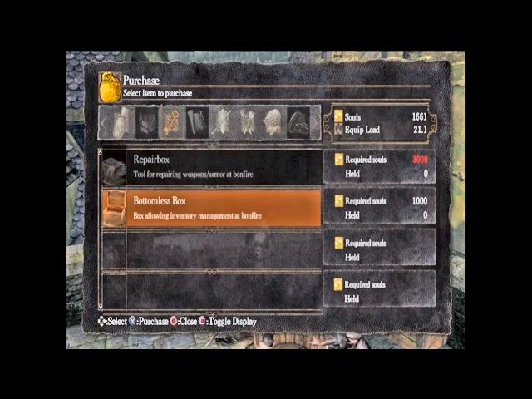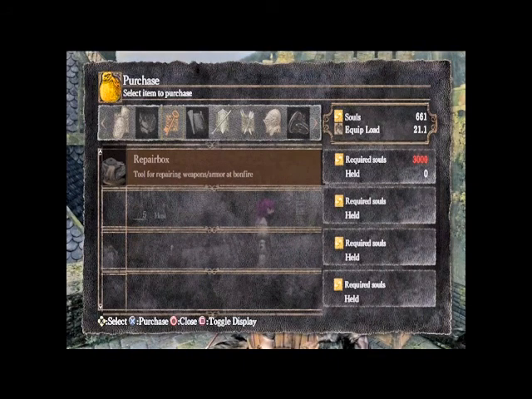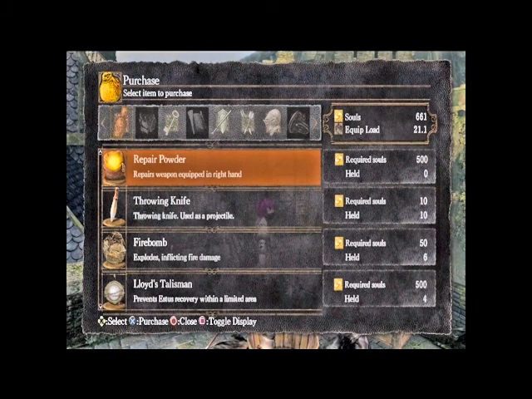I'm also going to buy the Resonance Key and the Bottomless Box, and if you really do some grinding, you can buy a Repair Box. That way you don't have to worry about Repair Powder every time you want to repair your weapon. Although 500 is not a whole lot, and there's other ways to...